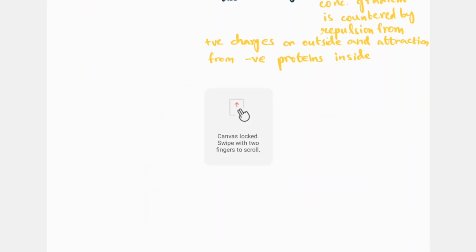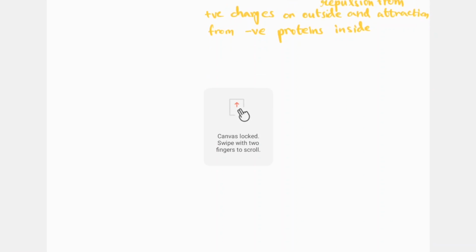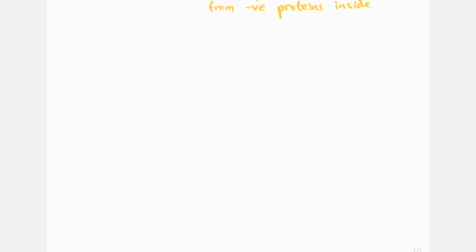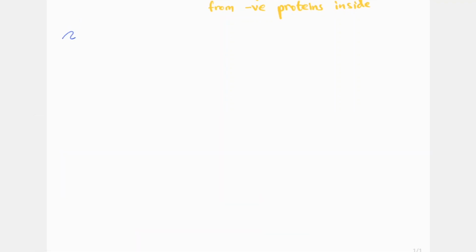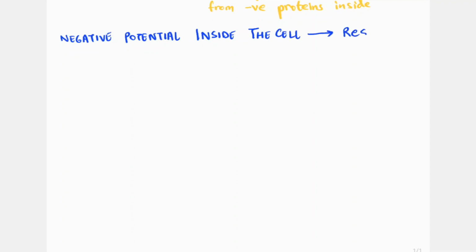So the inside of the cell has a negative potential compared to the outside, and this negative potential inside the cell is called resting membrane